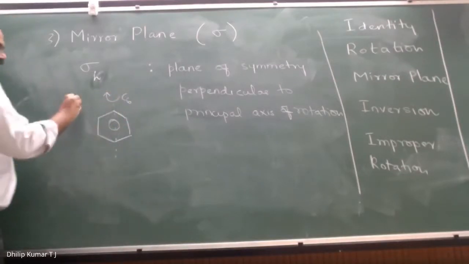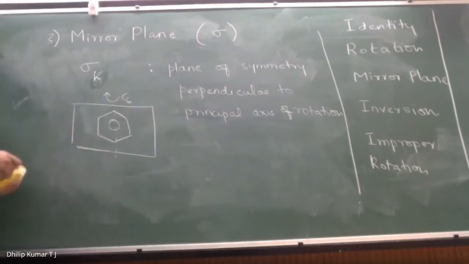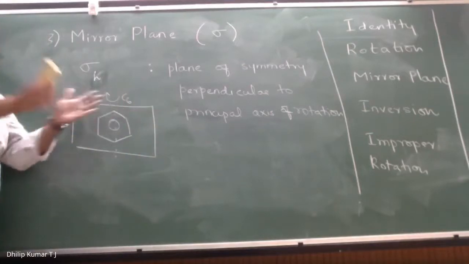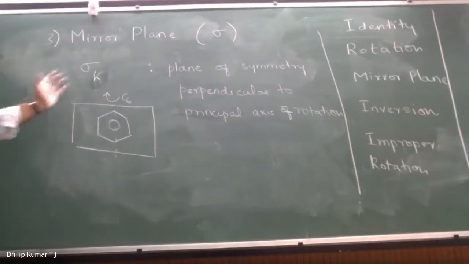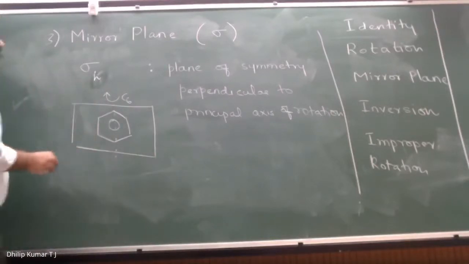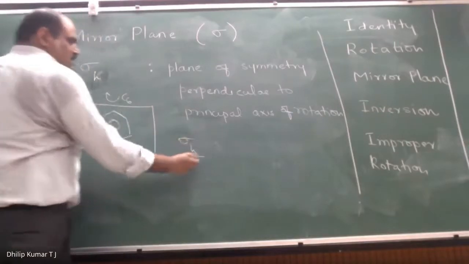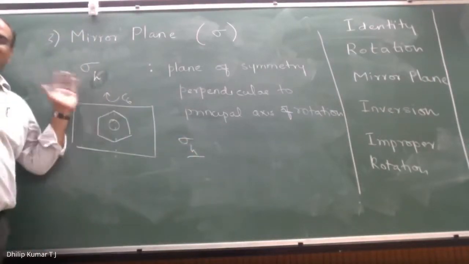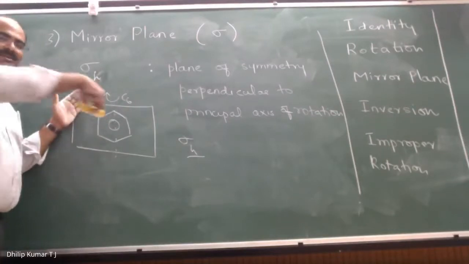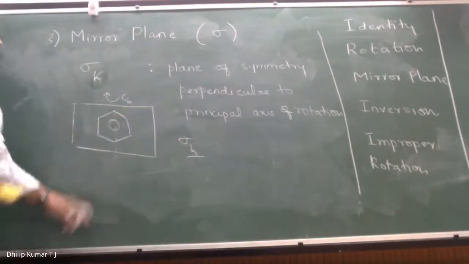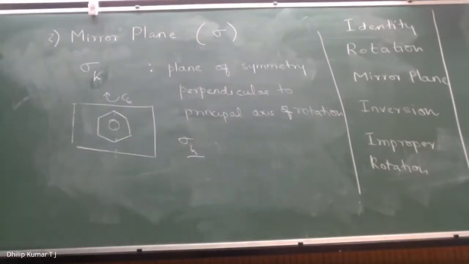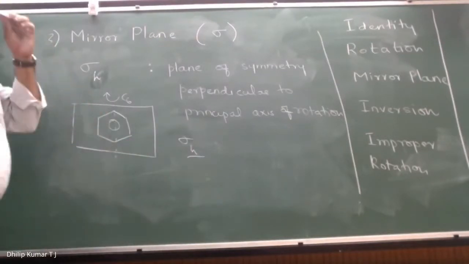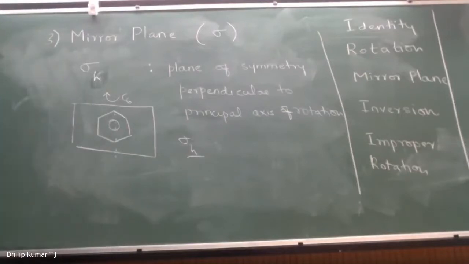Whereas if you place a mirror on this board, you cut the molecule into half, right? So this molecule has a sigma h plane of symmetry, meaning you are cutting the axis. The principal axis is going like this, whereas you are placing a mirror to cut this molecule. That is called sigma h. Any square planar molecule will have sigma h. So this is a good example for sigma h. Water doesn't have it, ammonia doesn't have it, because they have only sigma v planes. They don't have sigma h.